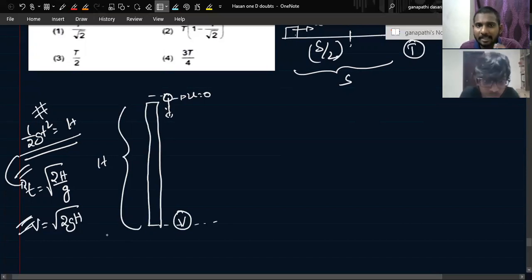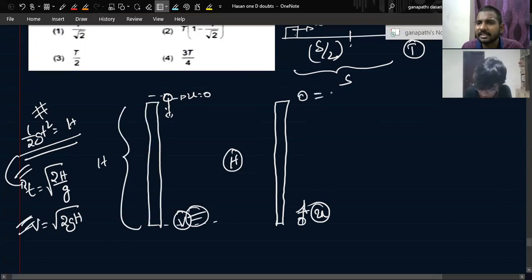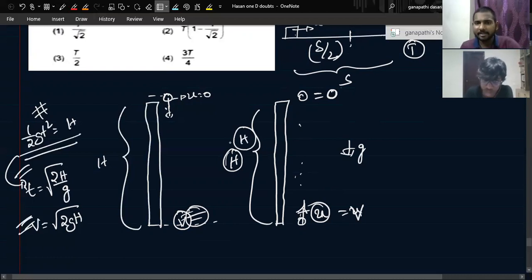So I will try to present another picture here. You threw the ball with a velocity u, which is equal to v. So when the ball reaches this height, the velocity becomes 0, isn't it? If you throw with the same velocity from here, u is equal to v. The ball slowly gets retarded with constant retardation g and becomes 0 at this height, where the displacement is h. Do you get my point?